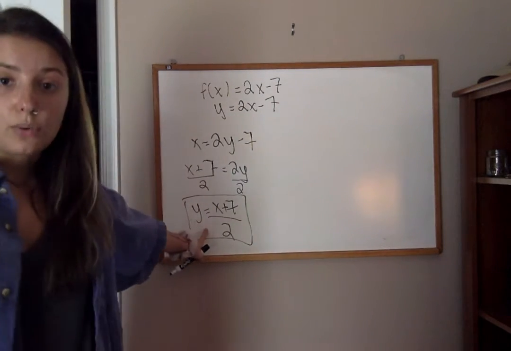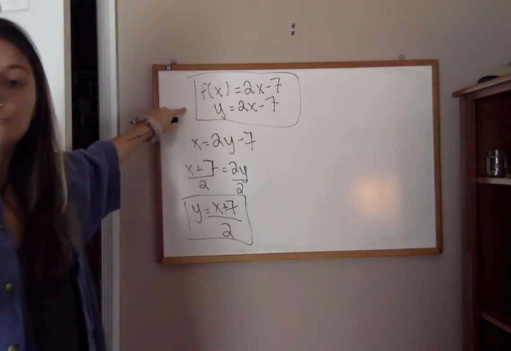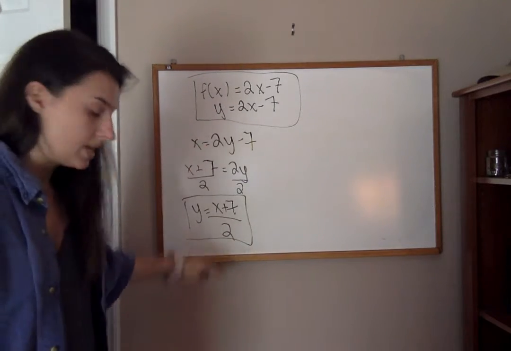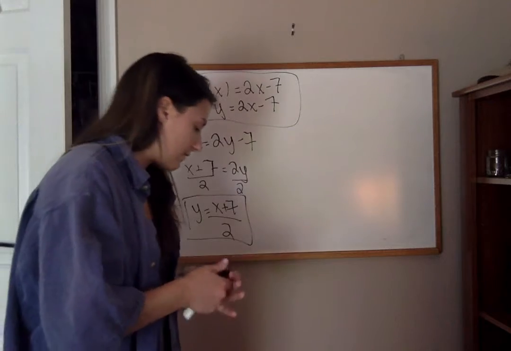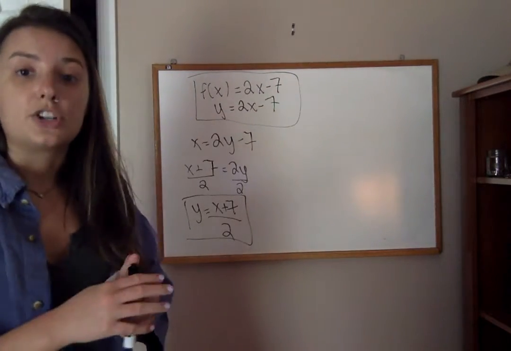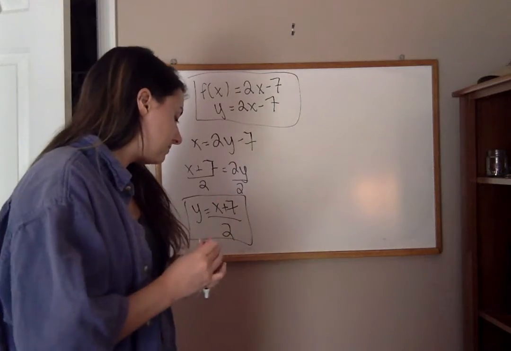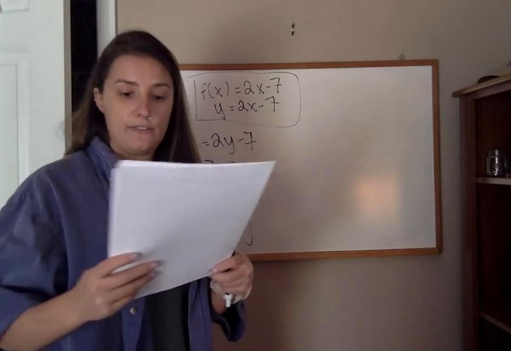The answer once you solve for y is the inverse of the original function. So you just swap your variables and then solve for y. And you can graph those two on that graph right there to see the relationship between a function and its inverse. In that little middle section, a little rule says two functions, f and g, are inverse functions if and only if